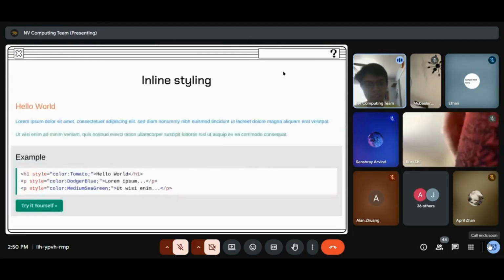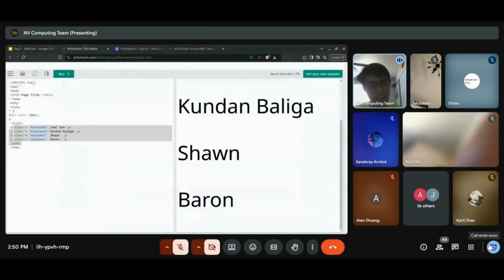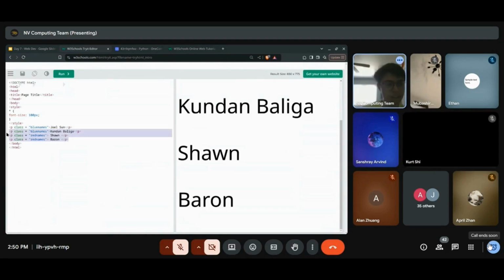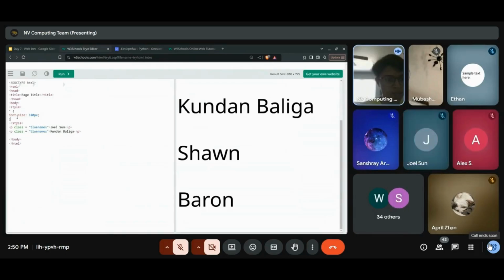And we're not going to go over this. What we're going to do is inline styling. So there's this thing called the style attribute. What it allows you to do is, instead of having the style block where you can define CSS, you can put CSS into the elements themselves. So here, let's remove this. Let's say Joel has a style attribute, and then we can put CSS into this. And we don't need selectors. We can directly put the